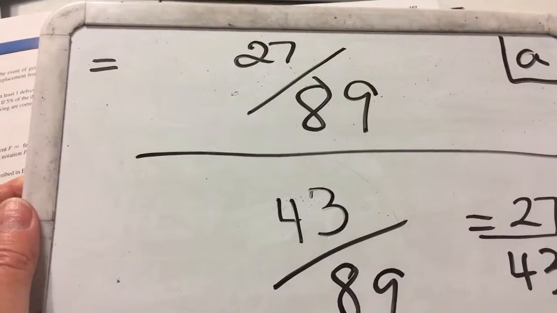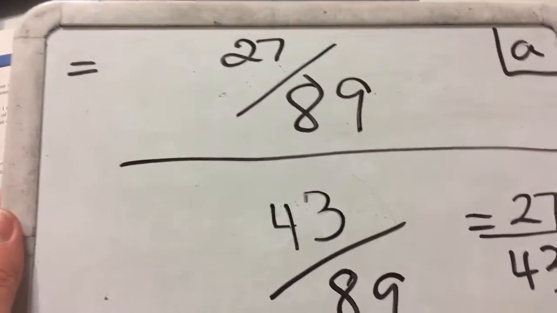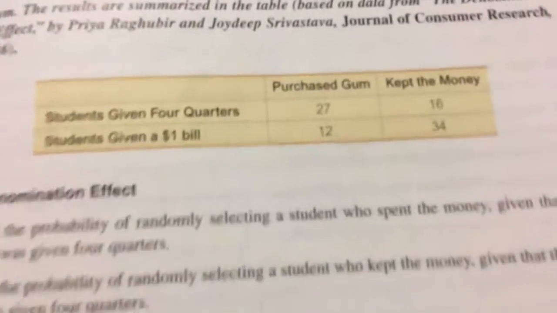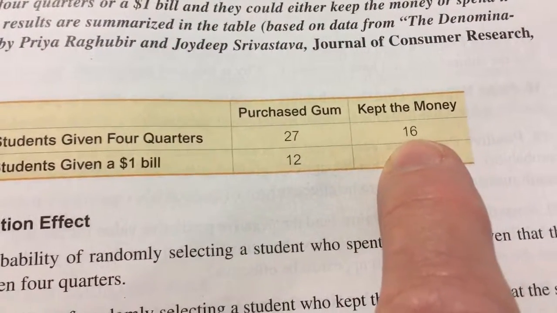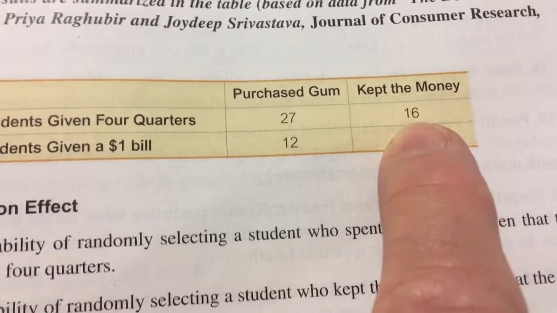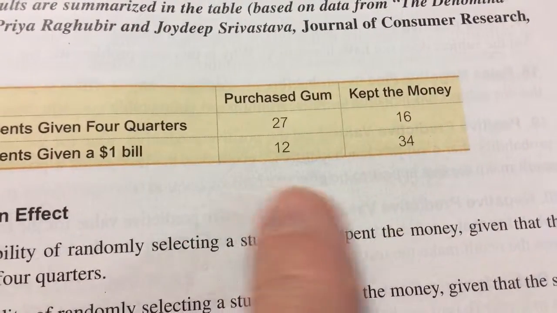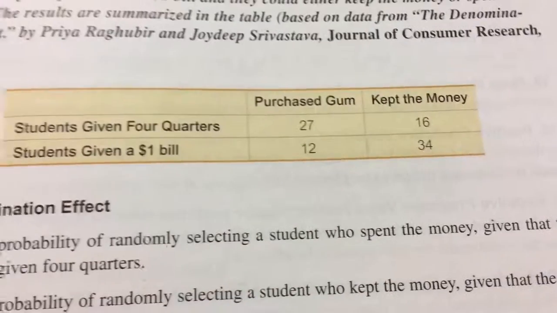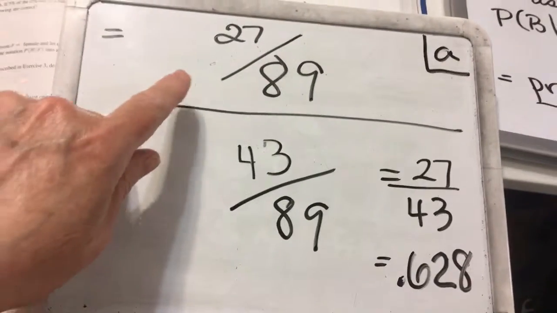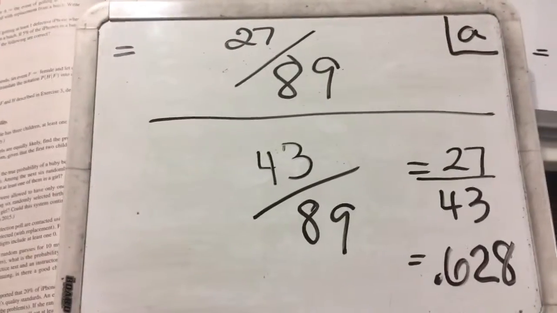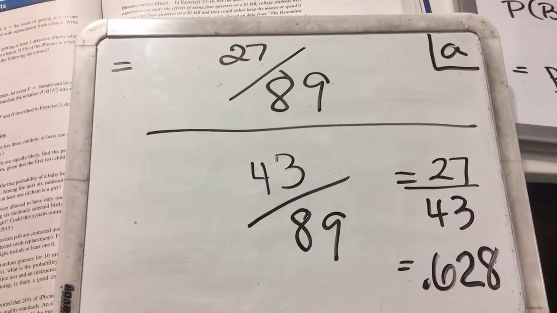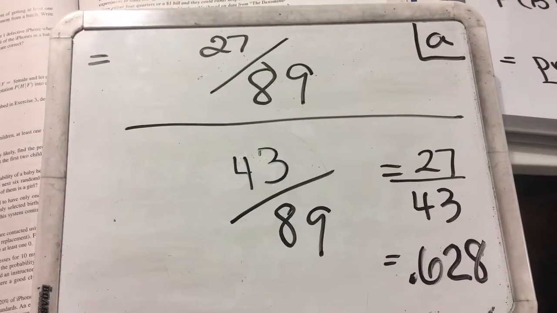And then on the bottom, we're going to have the probability of 4 quarters. Going over to our chart again, the probability of 4 quarters would be the 27 added to the 16, that's 43, and then dividing all of that by the 89 total of all of them. So here is the calculation, we have the numerator and the denominator. When I do that math, the 89s just disappear because they cancel each other out. I get 27 over 43,